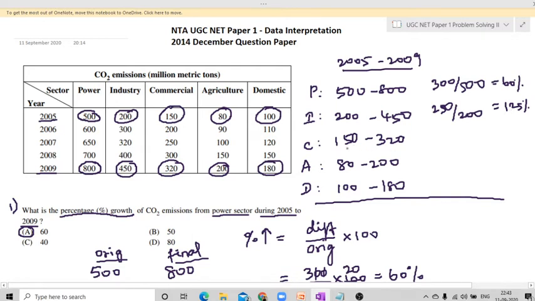And let's come here for the commercial. For the commercial, it is increasing from 150 and it is going till 320. So to 320, in the sense it will be a 170 increase. And here again, if we want to find the value, you can just multiply it by 100. We'll be getting the value. And see here, if you just see the value 170 as a percentage of 150, again we'll be getting a value which will be more than 100. Correct? Yes, more than 100.